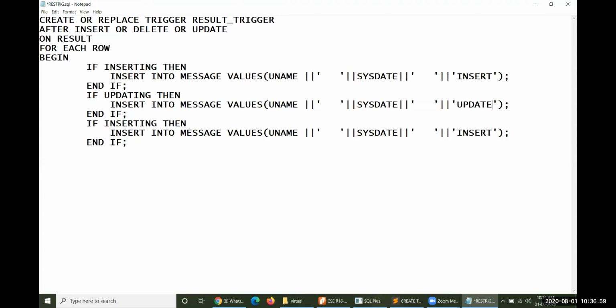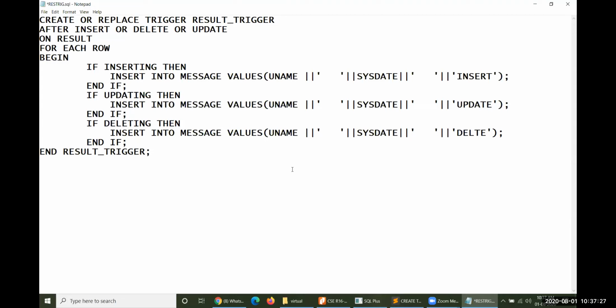Then followed by deleting. If deleting is performed, the same operation is recorded: this user has performed a delete operation on this particular date. Then end, and your trigger name RESULT underscore trigger.